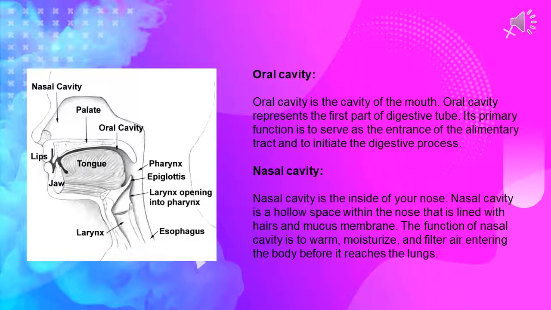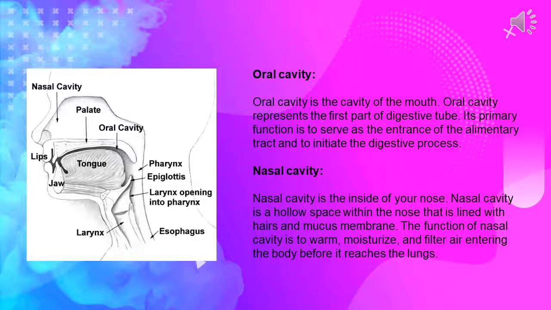Oral cavity is the cavity of the mouth. Oral cavity represents the first part of the digestive tube. Its primary function is to serve as the entrance of the alimentary tract and to initiate the digestive process. Sounds produced with the velum blocking the air from escaping through the nose are called oral sounds, since the air can escape only through the oral cavity. The examples of oral sounds are the sound p in the word box and the sound d in the word